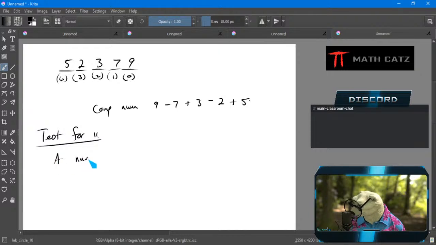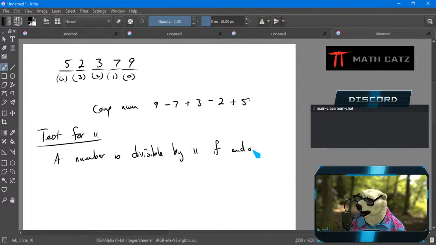A number is divisible by 11 if and only if, it's the only test I need, oops, why is that capitalized? The sum of all, which decimal positions get pluses, all the even ones get pluses, of all digits